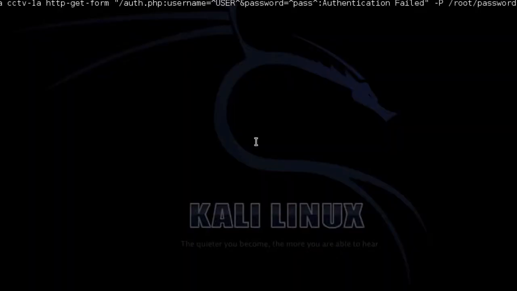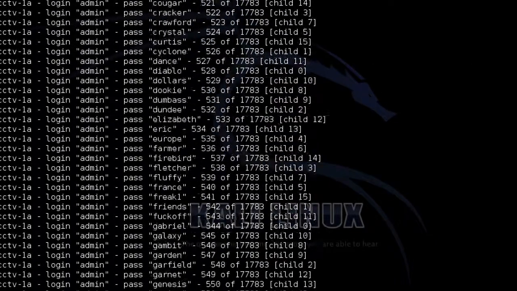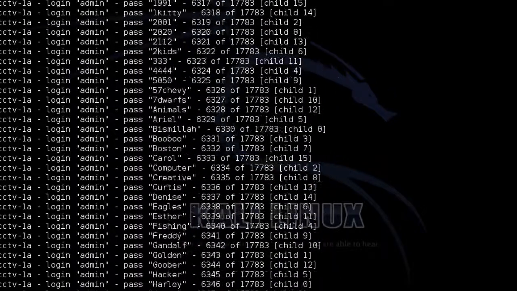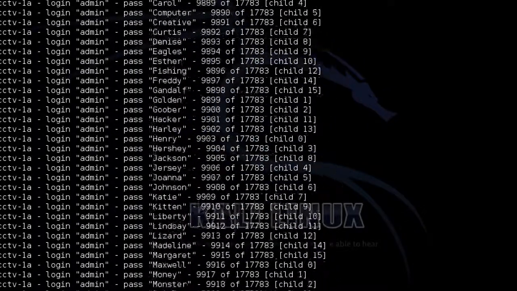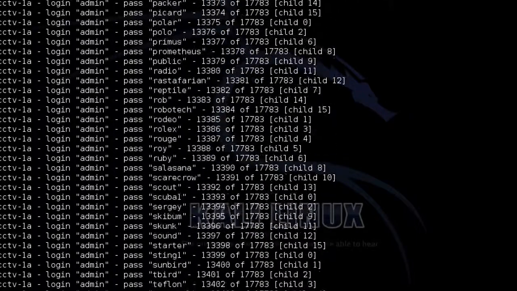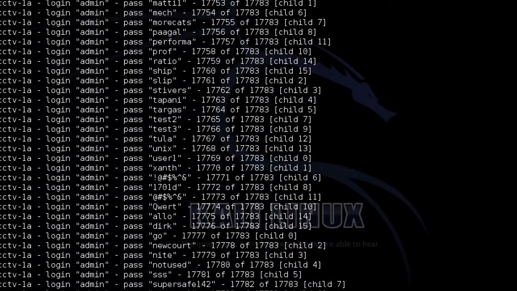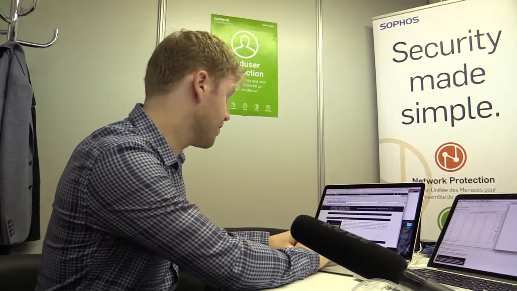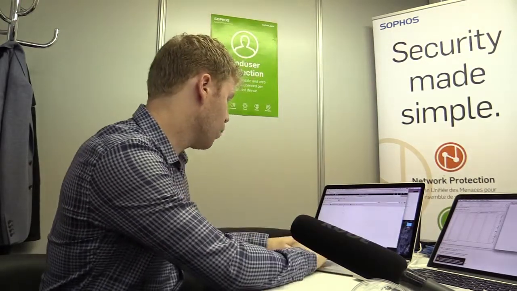So let's actually go and execute an attack against this CCTV camera. And this attack just works by connecting to the camera and saying, is the password this, this, this? It's going to try thousands of times per second, really, really quickly. Now, this would have worked against computers and mobiles back in 2005, but in 2015, no self-respecting manufacturer would allow this to work. This actually identifies the password in less than a minute,